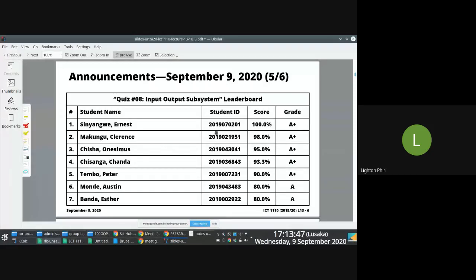There are some names here. If you look up the previous leaderboards that we've shared, you notice that there are some names that are always appearing on the list. What that tells us is that maybe they're probably freaks of nature, right? Maybe the high IQs and whatnot. But it may very well be the case that they've figured out how best to approach this course, right?